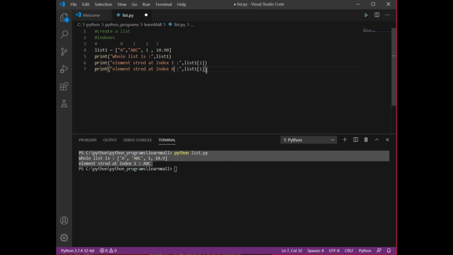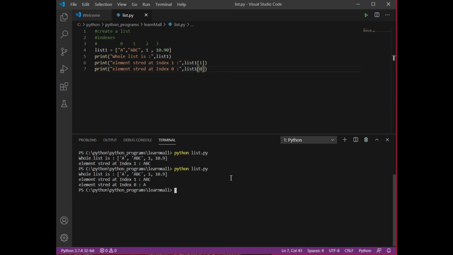So it is going to give me A. I'm going to write 0 here. So see, at index 0 it is showing me A, at index 1 it is showing me a, b, c, and if I am not specifying any index it is going to give me the whole list.